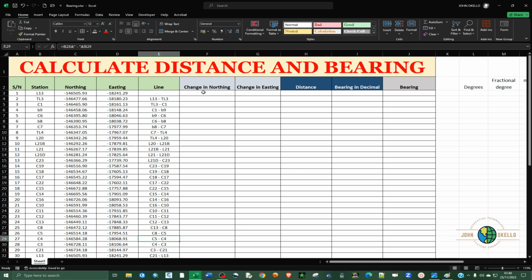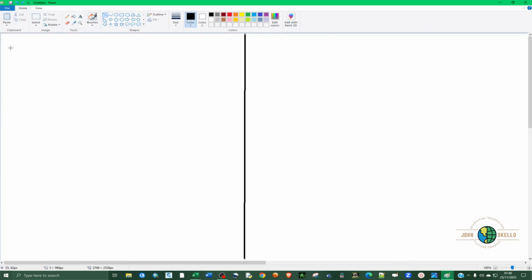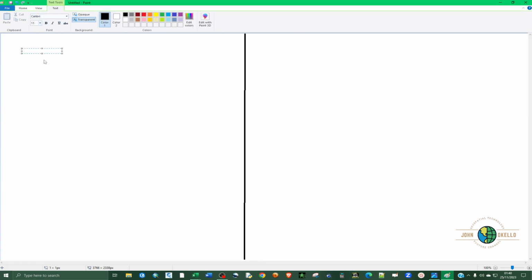Now the next column is about calculating the change in northing and the change in easting. For this one, again, we're going to use a formula. Let me just show you what we're talking about. Let me increase the font here so that I can type in the formula. Let's do 26. So we are saying change in northing is equal to northing 2 minus northing 1, like so. This is the formula,